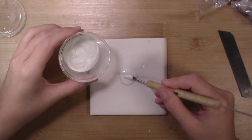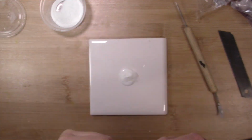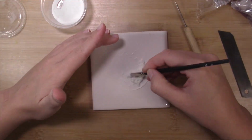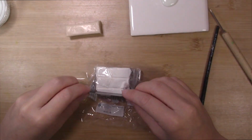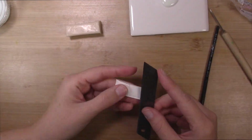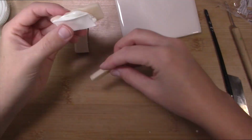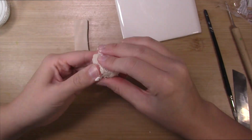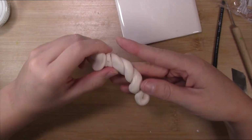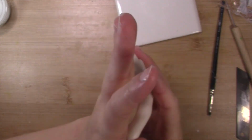So to start, I'm just going to go ahead and mix up my glow-in-the-dark clay with some glow-in-the-dark powder and some of my clay. I have a more detailed video on this that I will link down below. I did make a mistake and I used the completely wrong glow powder. In regular light, they look almost identical, but when they glow in the dark, one is more white, one is more blue. I wanted my Boo to be white, not blue, so it's a blue Boo, but that's fine because